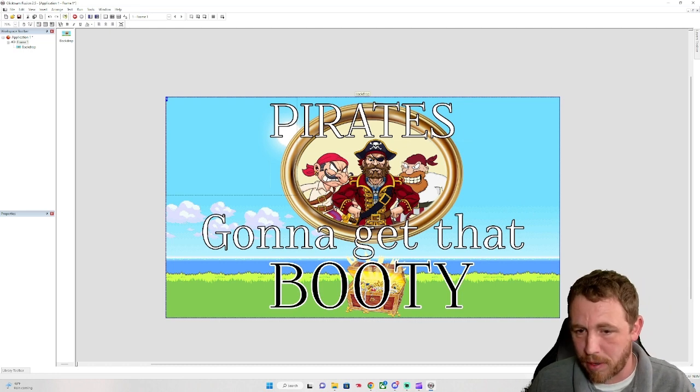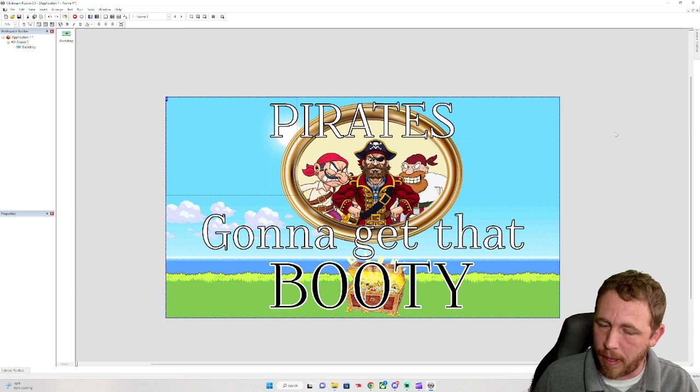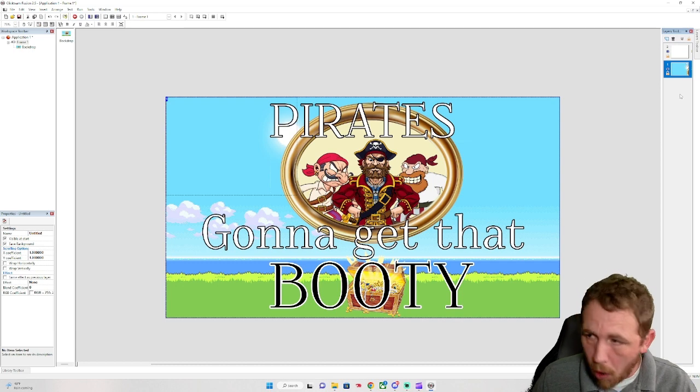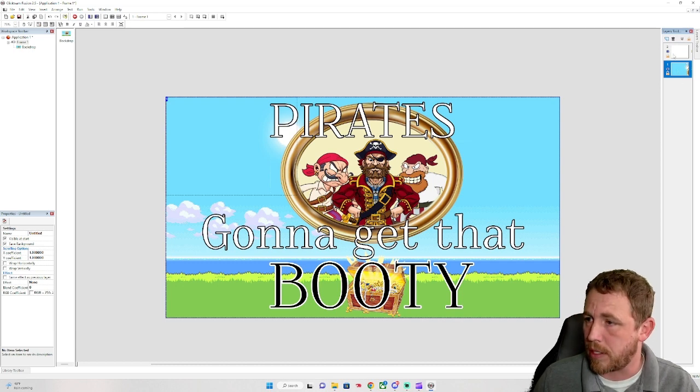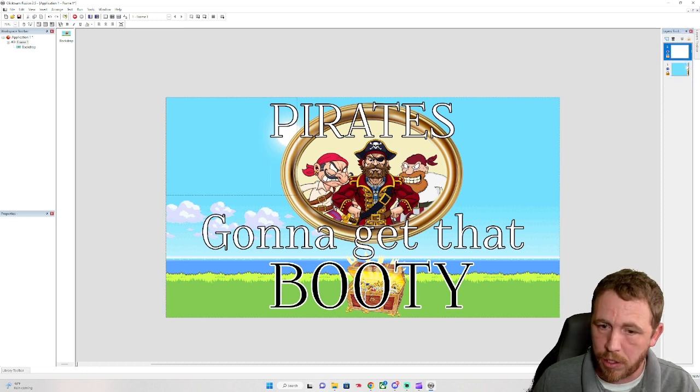So that's the backdrop. Now, I want to discuss one little thing here that's going to be very crucial later on: the layers toolbar that's over here. If you go to the layers toolbar, you'll see that there's different layers you can use. Almost always what you're going to want to do is open up a second layer. And you're going to want to use this little lock tool here to lock this layer in place. That makes it so when you're working on layer 2, which is going to be where our buttons are, you can't move